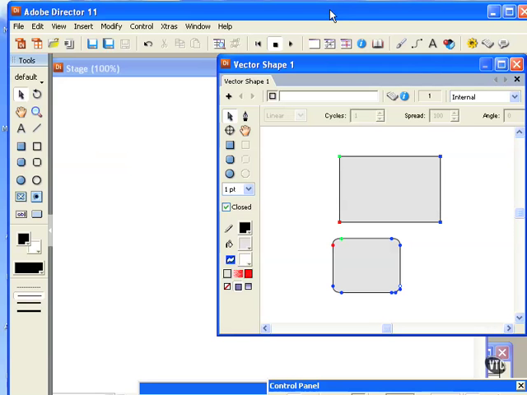Vector shapes and bitmaps are the two main types of graphics that you'll be using with Adobe Director. I covered bitmaps previously, so now let's turn our attention to vector shapes. A vector shape is a mathematical description of a geometric form. It can include the thickness of the line, the fill color, any other additional features of the line or shape